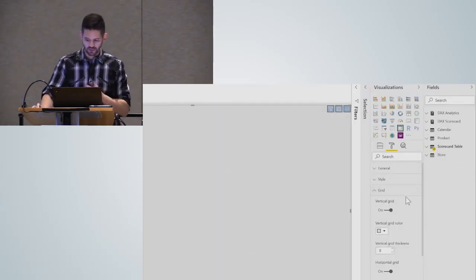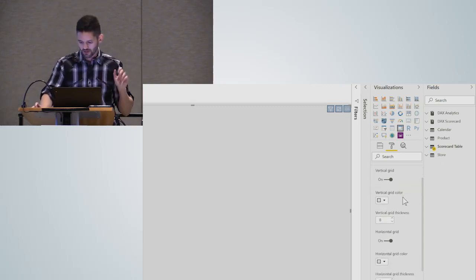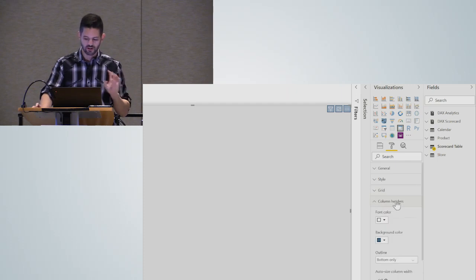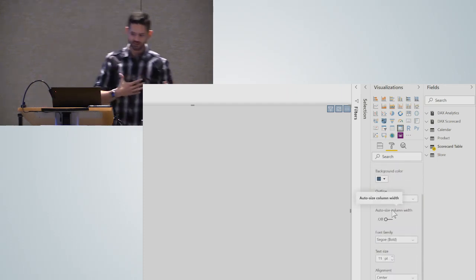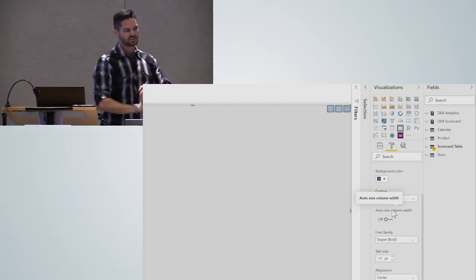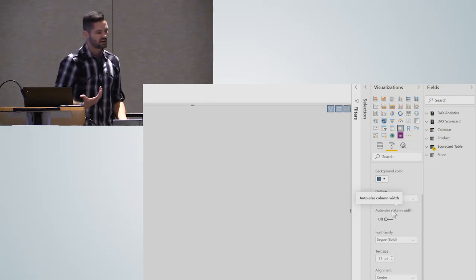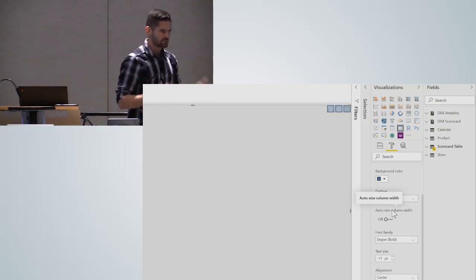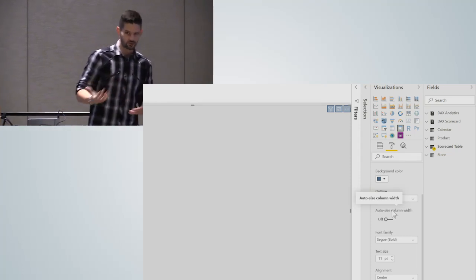A couple of other things that I will just point out as personal recommendations to you. In general, I very, very, very rarely ever keep auto size column width on. Given the fact that the canvas is a restricted environment, there are defined borders, and unless you hack it with a resolution, you don't have any more space there. So I'm going to be designing every single visual to fit perfectly within itself. I don't want scroll bars.